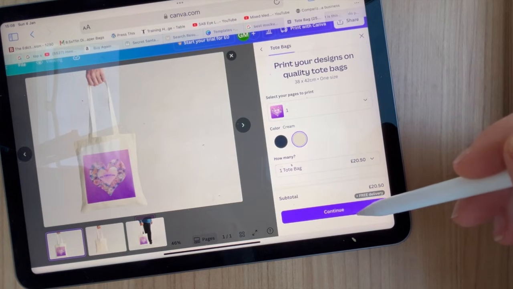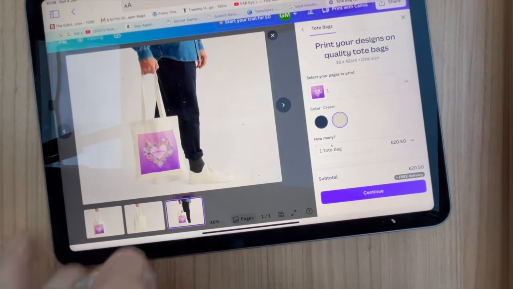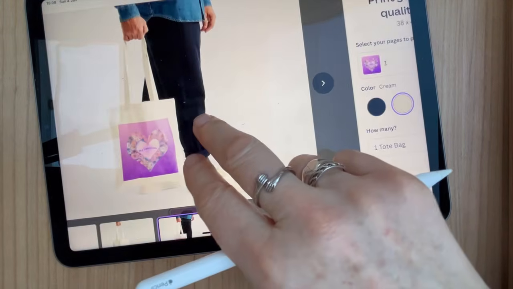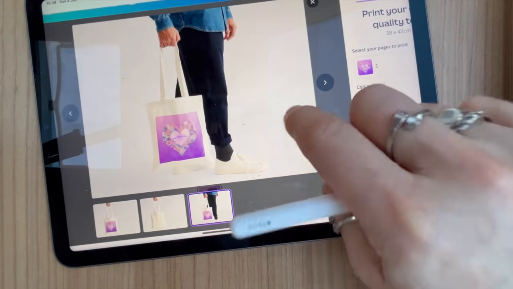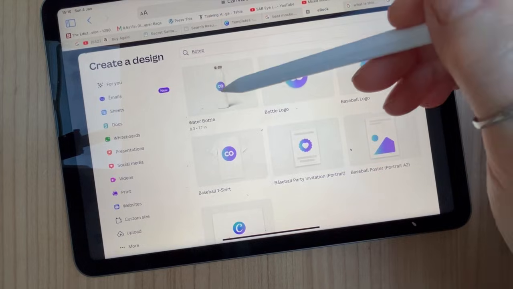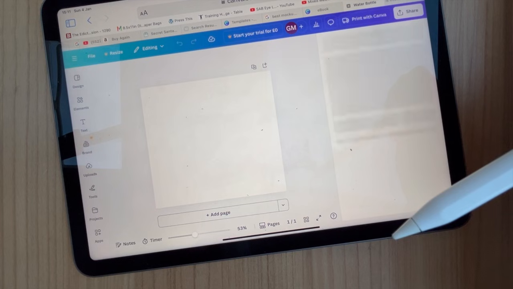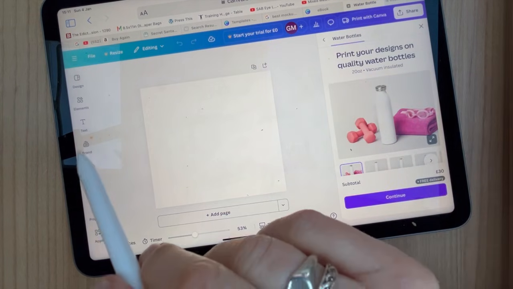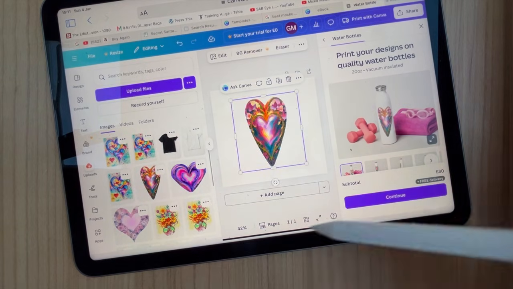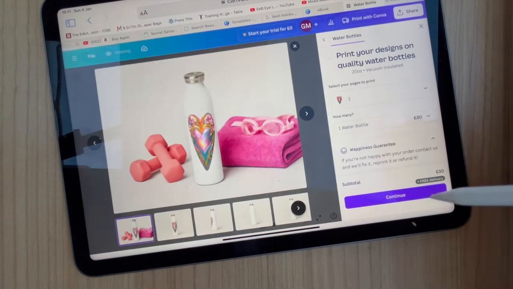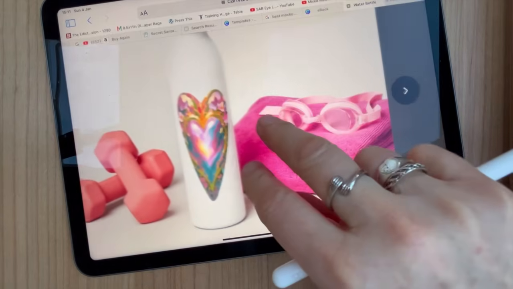And you can see here that if you wanted to buy a tote bag, once you've designed it on Canva, it's going to cost you around £20. And this is what it's going to look like. So the next thing I'm doing is designing a water bottle using one of the other hearts, and that's in my uploads. And this one is ideal for water bottles because it's long and thin, so that looks really nice